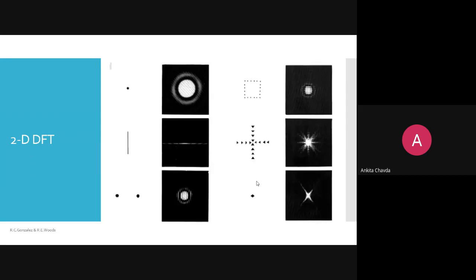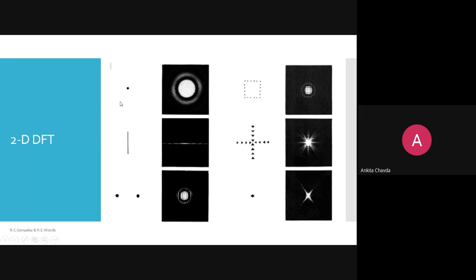Now you can check for this. This is a single dot in your spatial domain, which will look like this in your frequency domain. This is a vertical line, which will look horizontal. Why? We have seen (-1) raised to x plus y; we are shifting, doing the translation due to that.